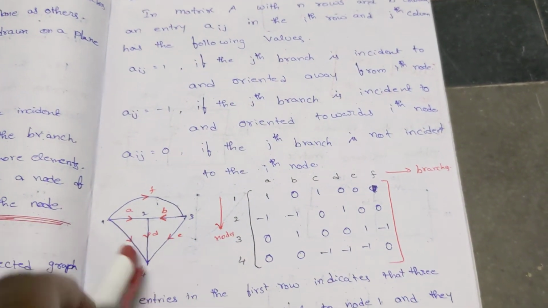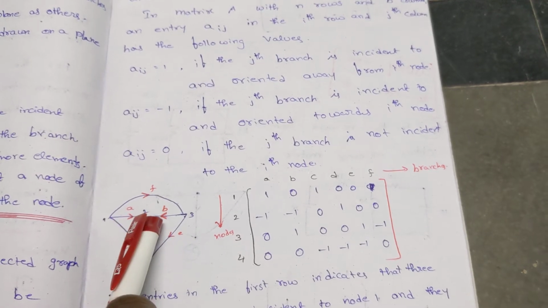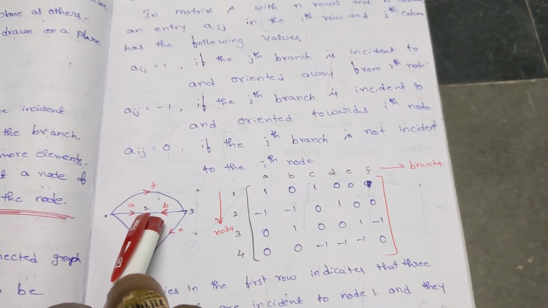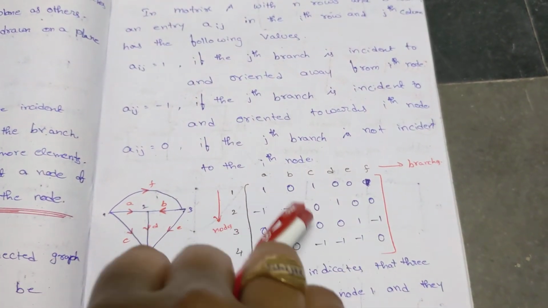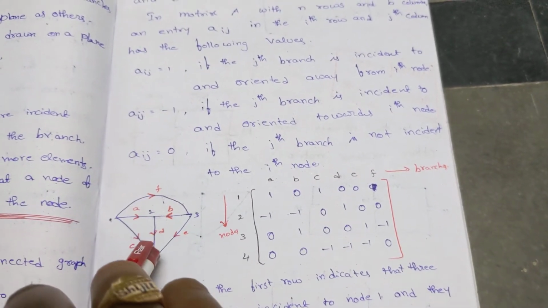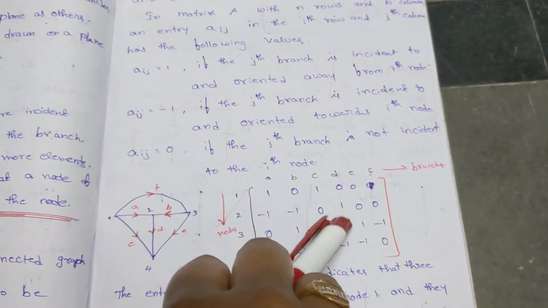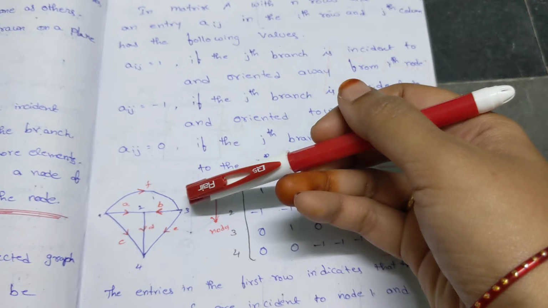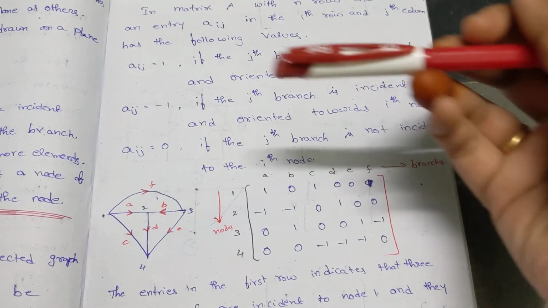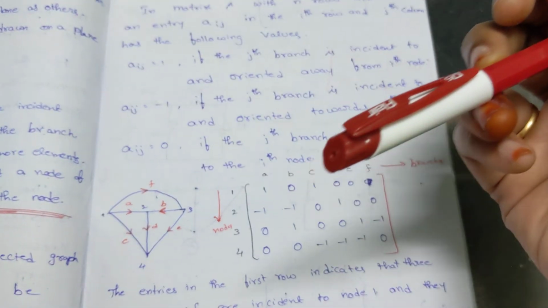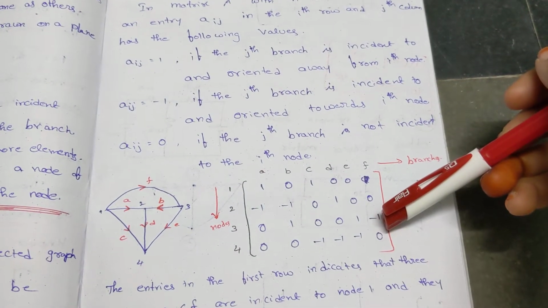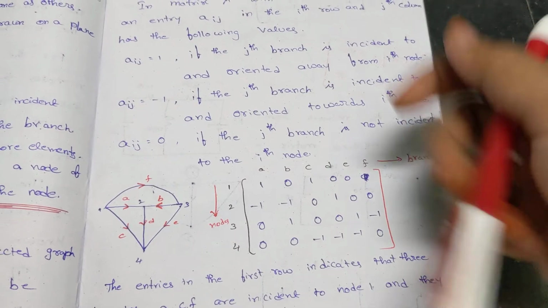And the direction of your A is towards your node. And the direction of your B branch is also towards the node. So we are considering it as a minus. And from the node to D is away, so we are considering it as positive. The rest of the things are also the same. When I go for the third, F and B are available. In that, B and E are away from the node, so we are considering it as positive. And whatever F is towards your node, it is minus.